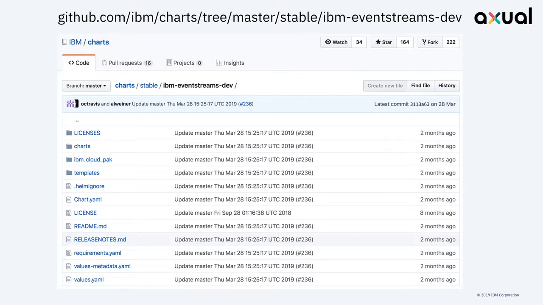These are our charts here. So if you go to github.com, IBM charts, it's several layers down because all of the IBM charts are in the same place. And you can see our Helm charts here. So if you click through, you can have a look and see some of the things that I've been talking about today. This is for our community edition. So it's pretty close to what happens in the paid-for edition.